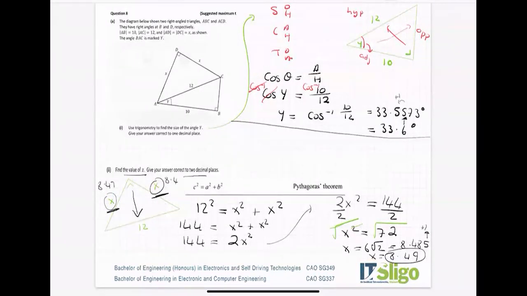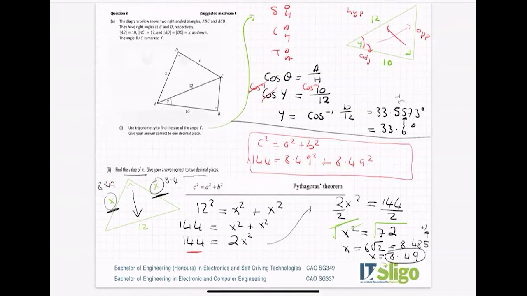Can I check my answer? Well, yes. If it's okay with you, I'll do it up here in the red box that I'm drawing above. Let me just explain what I'm doing first. I'm checking to see does AC squared plus BC squared equal AB squared. So when I do 8.49 squared plus 8.49 squared, do I get the 144 that I had here, the 12 squared? So onto my calculator, I'm going 8.49 squared plus 8.49 squared,